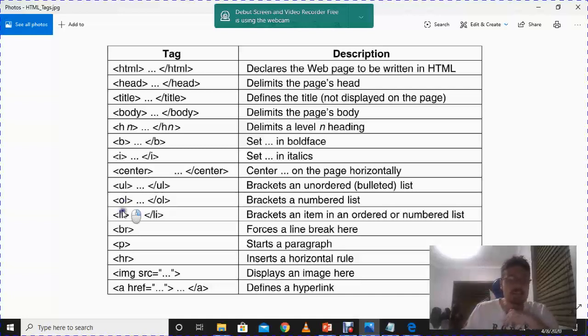Okay. Then we have a BR, which is a break. So in other words, you'll see when we start working in Notepad, if you type, it's just going to keep on running, keep on running. So break is basically where you're telling it, okay, it needs to text wrap. Okay. So you'll see in the example that I've set up,